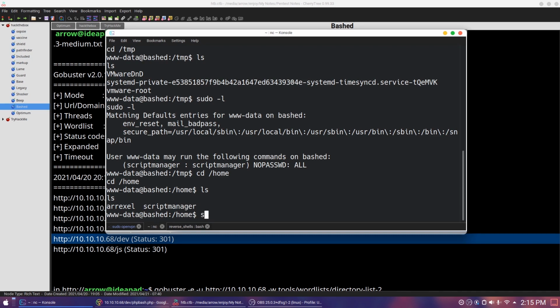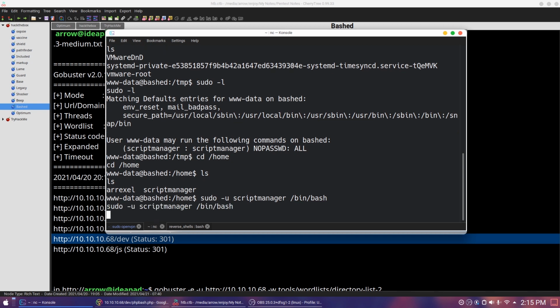One way you can do it is sudo -u, specifying the username, scriptmanager, and we want to run /bin/bash as scriptmanager using sudo. Now it will not ask for the password.